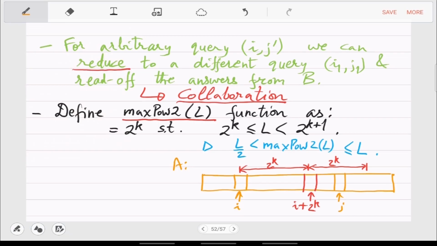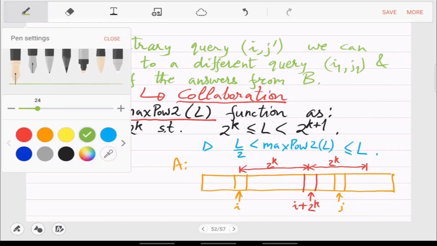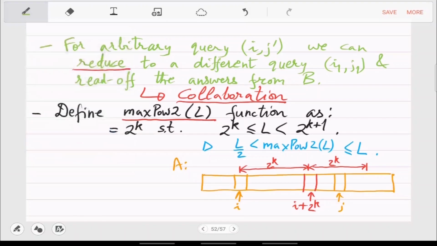Exactly. So you want j as an endpoint. So j as an endpoint, that's the key thing, that you should be looking somewhere here. Because this is your j minus 2 raised to k.